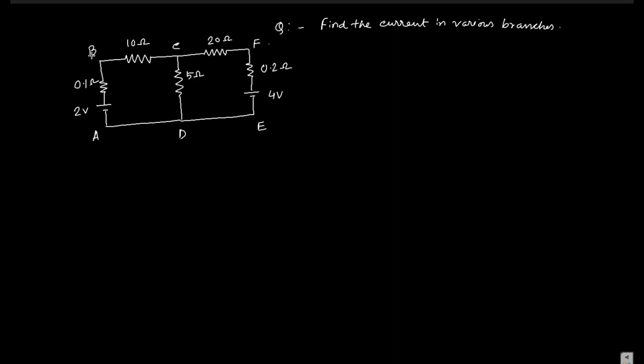So here AB is a branch, BC is a branch, CD is a branch, CF is a branch, and FE is a branch, where you get some electrical components that are passive and active components. Okay, the passive components are the resistors and the active components are the sources, that is the battery. Now here, if you consider that I1 current is flowing through it, then the same I1 current is also flowing through this.